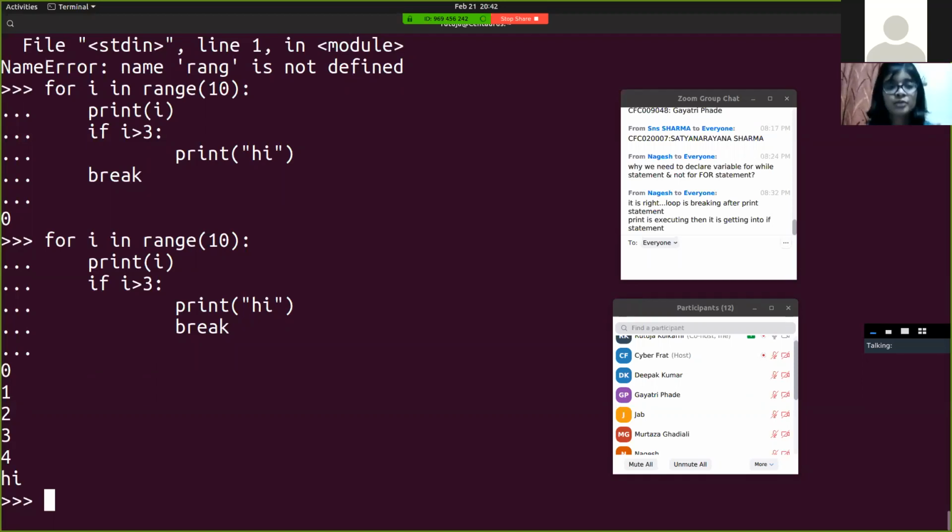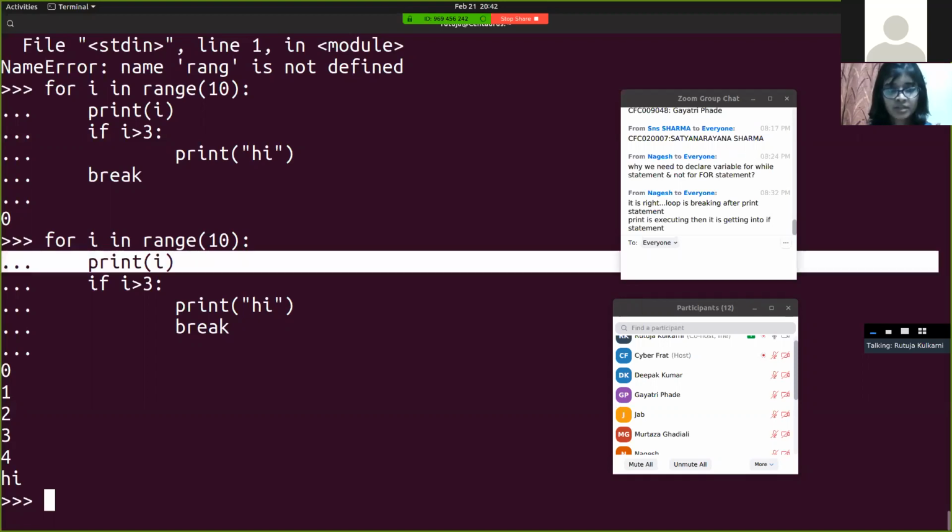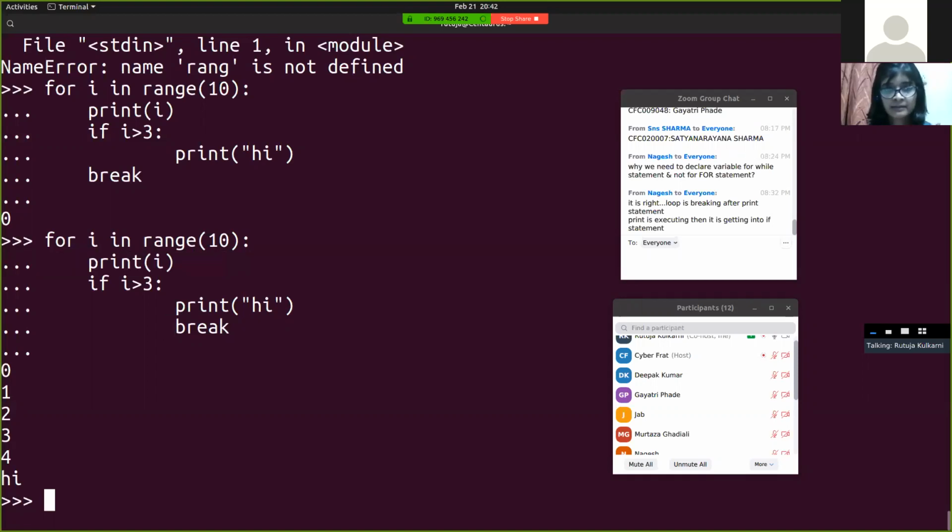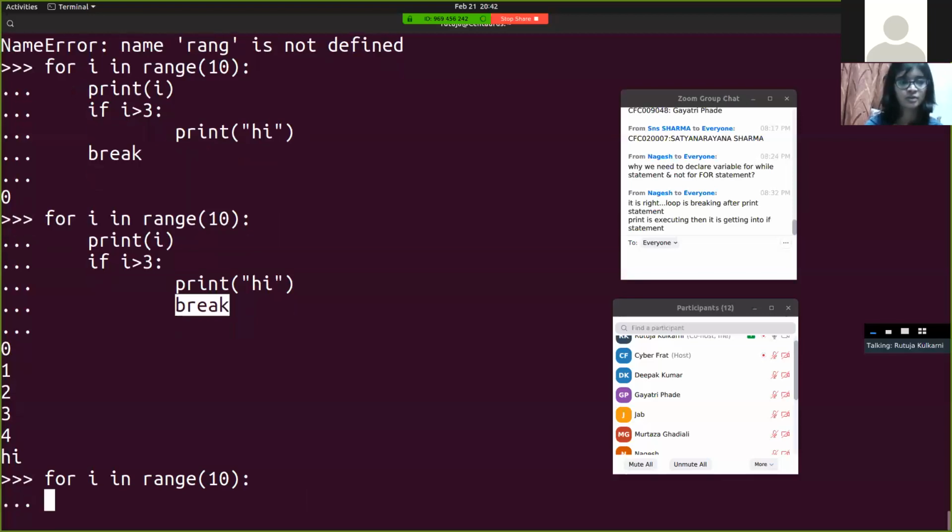Okay, so what will happen here is it will come into this loop, it will print everything, and when it comes to I is greater than 2, it will print 3 here, but in the end it will break. Okay, so for your satisfaction or for more clarification, I'll just type it out in this way. If I is greater than 3,